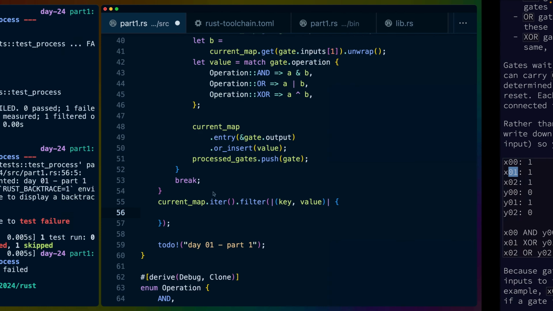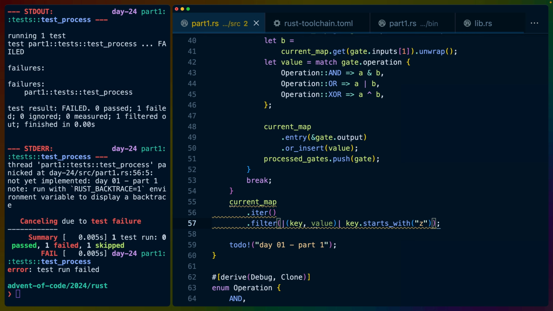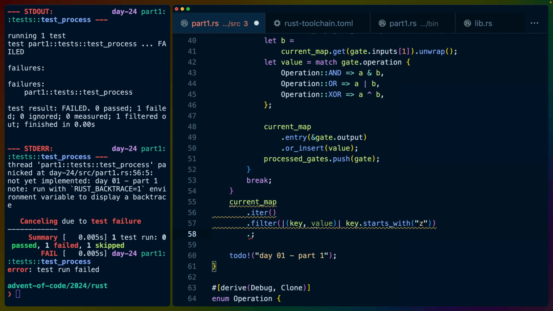So I'll want to inspect that, I think, on the final. But in this case, it is key and value, and we're going to filter key starts with Z because that's all of our outputs. Then dot sorted by a, b, a dot 0 dot comp b dot 0